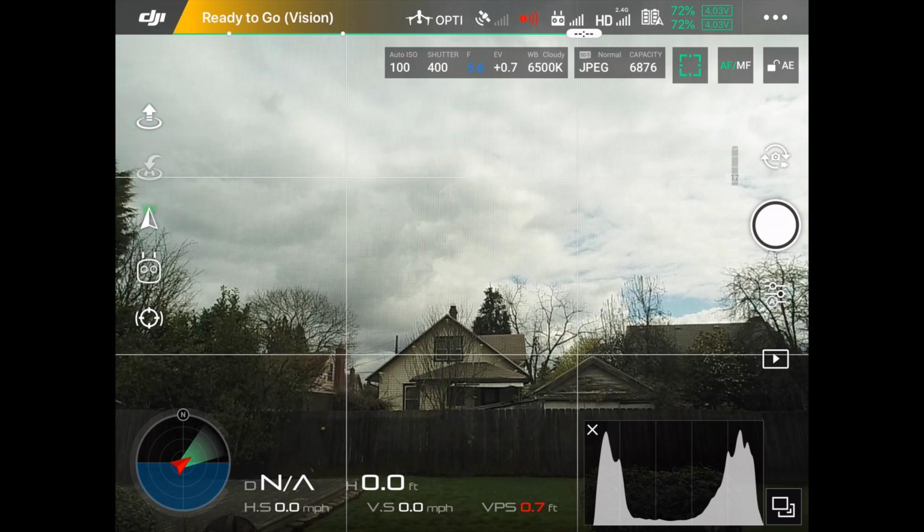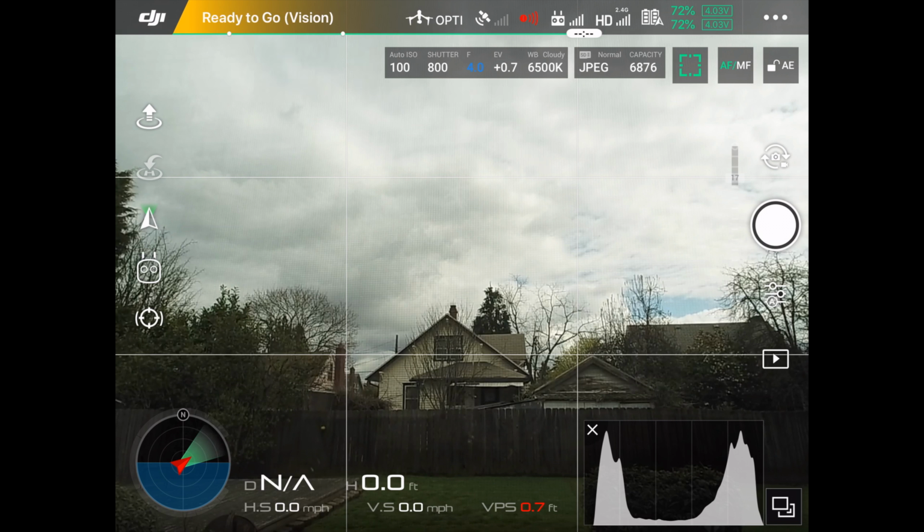So now I'm going to click on it again, and it's moved me to F or f-stops. Now I can reduce this, but I'm probably not going to take it much below 4.0, maybe 3.5. And what you're seeing is that the shutter speed is adjusting as I change the F or the f-stop. Now let me go ahead and